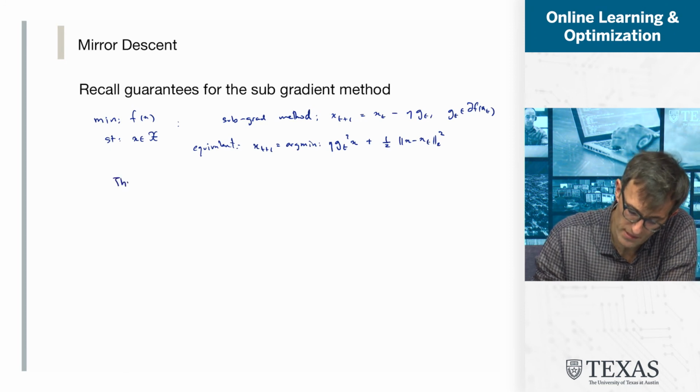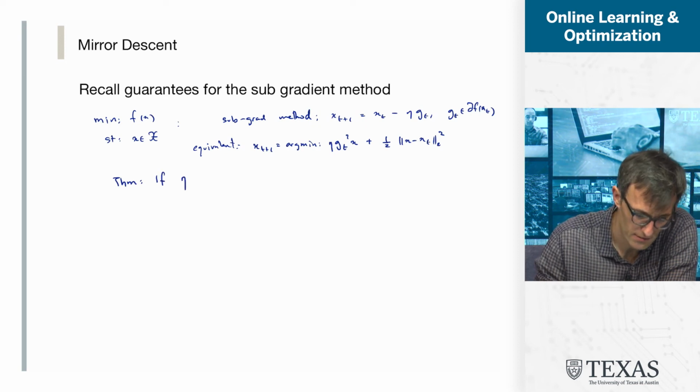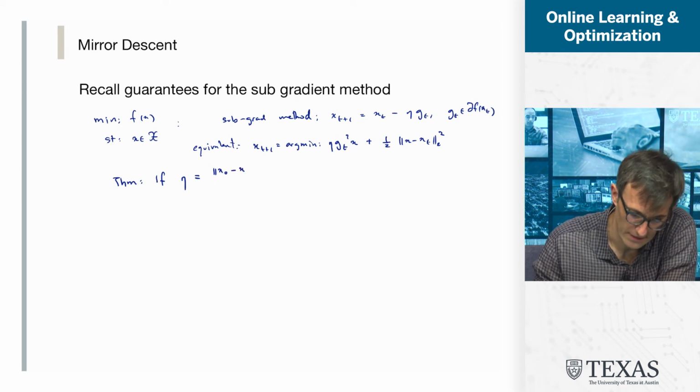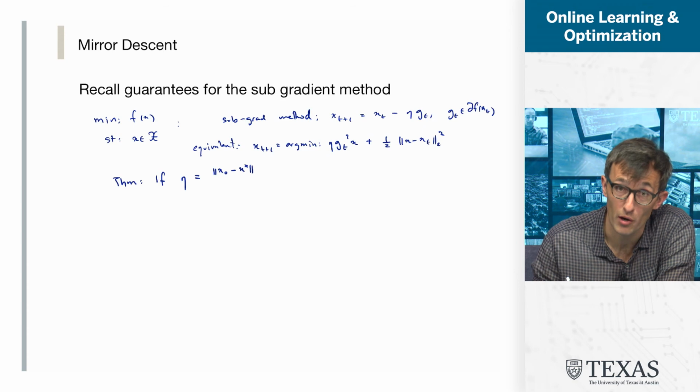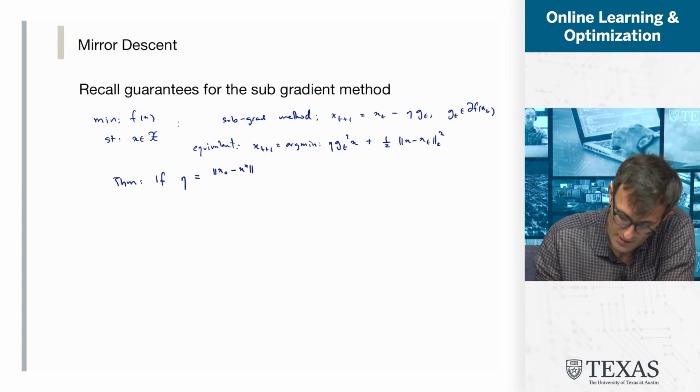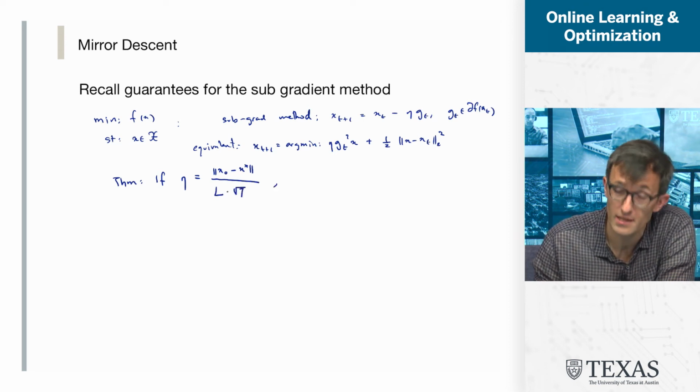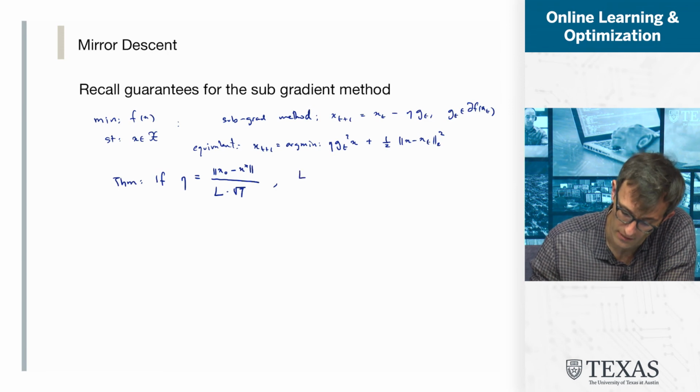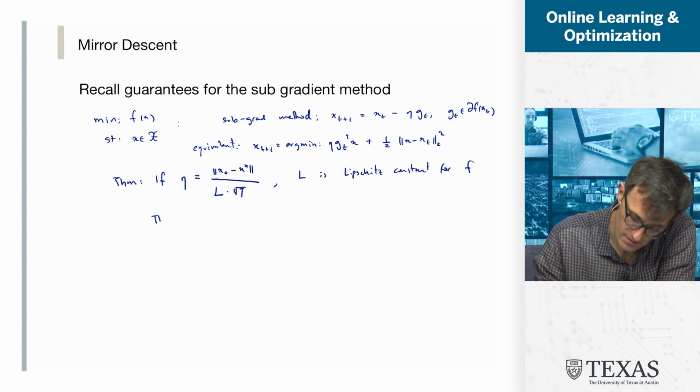And what we've seen is that if we take step size eta equal to some bound, at least an upper bound, on how far we are initially, divided by L and square root of T, where T is the total number of steps we wish to take, and L is the Lipschitz constant for f, then after T steps,